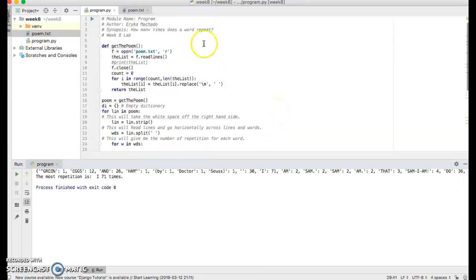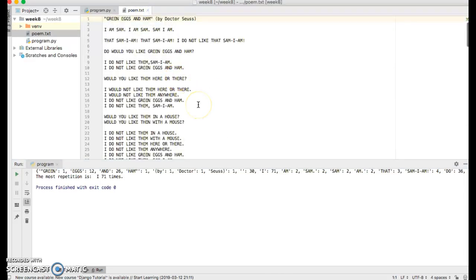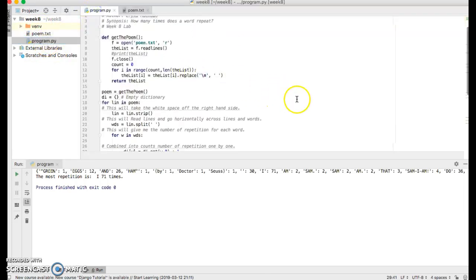So in this code, I have the definition to open my poem as a text, which is right here. This is my poem. I saved as a text file, put on the same directory as my program that I'm working right here. So this will basically open and read my text file, and it will replace